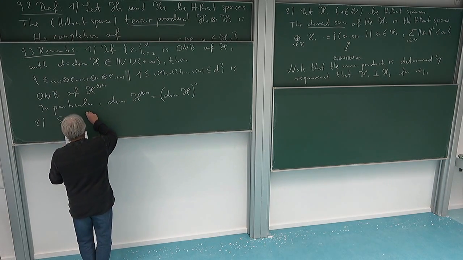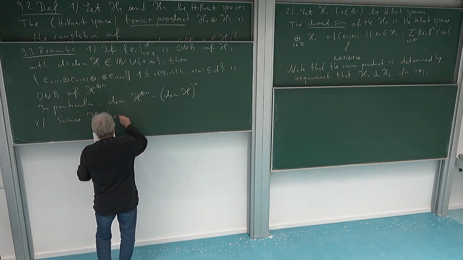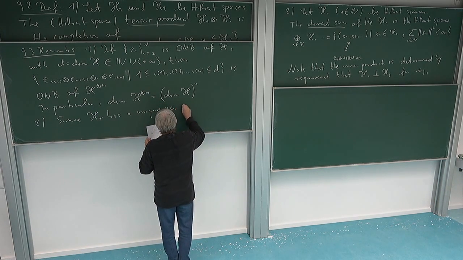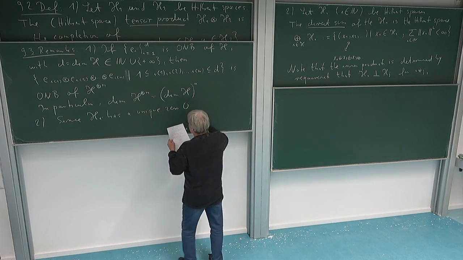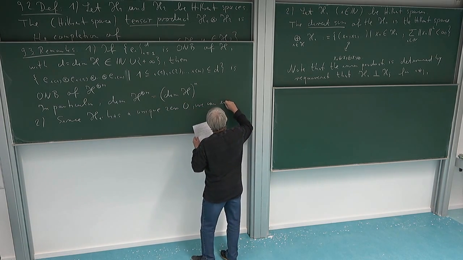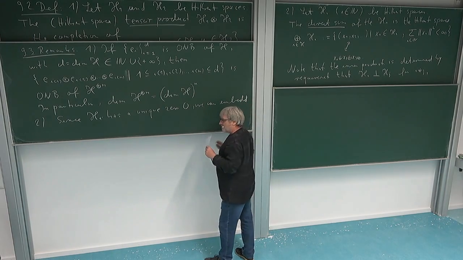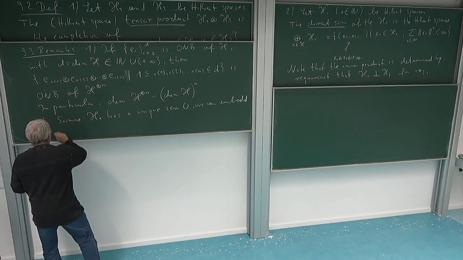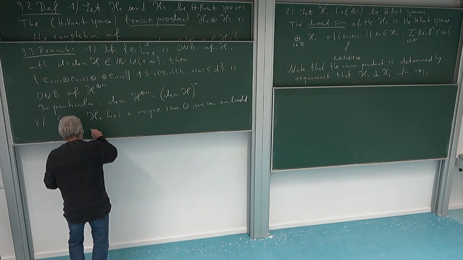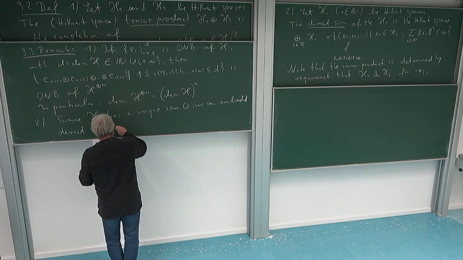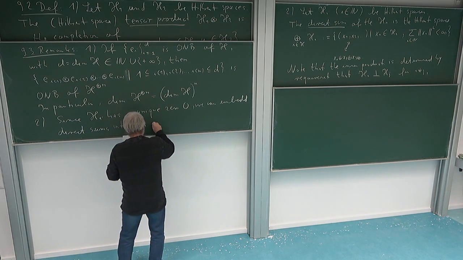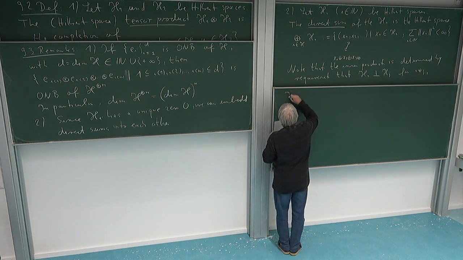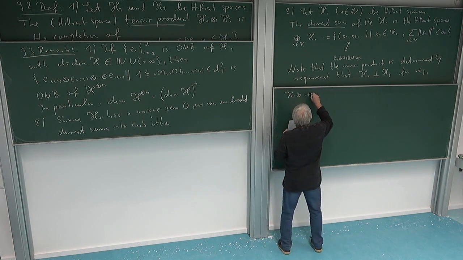So since each H_i has a 0 vector, and of course this is unique, so it's clear what the 0 is in a Hilbert space. But this means we can embed direct sums with a different number of summands into each other. So this means I can consider, if I only take a direct sum of the first n